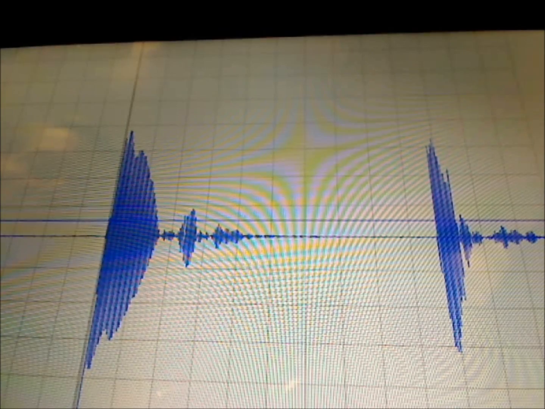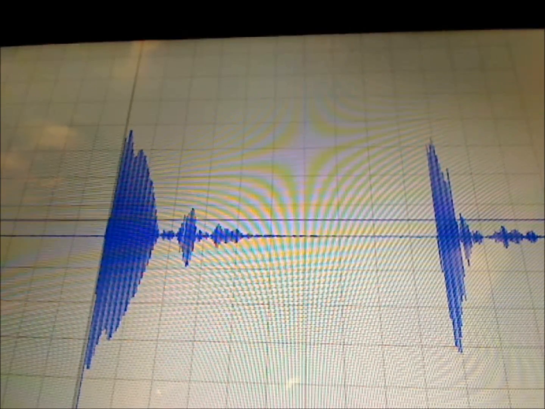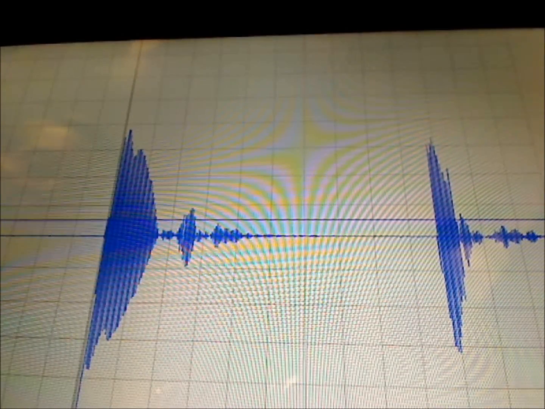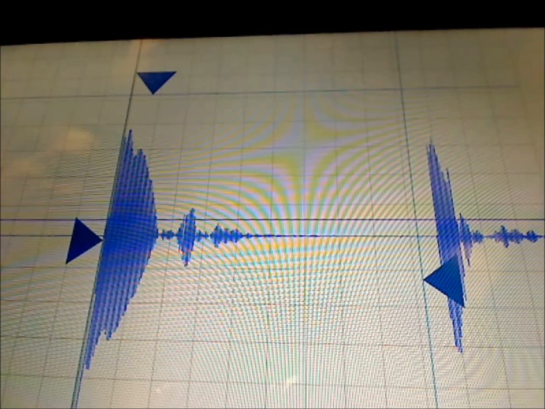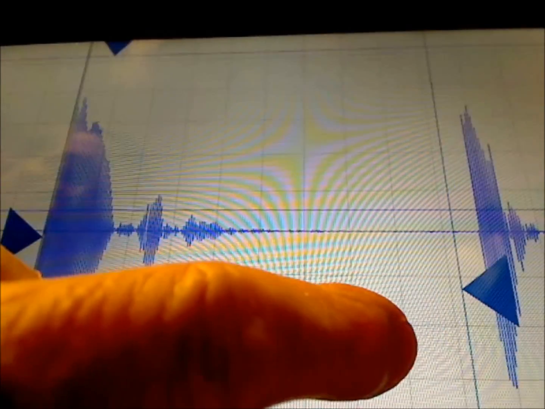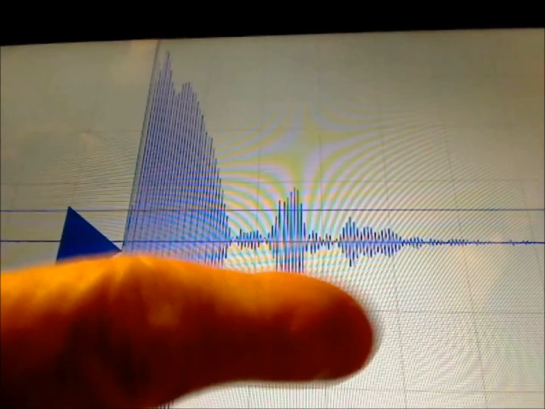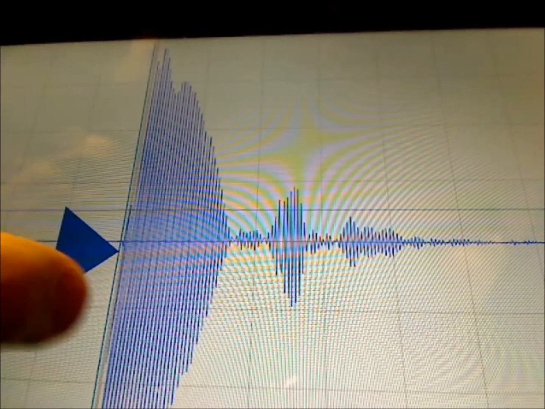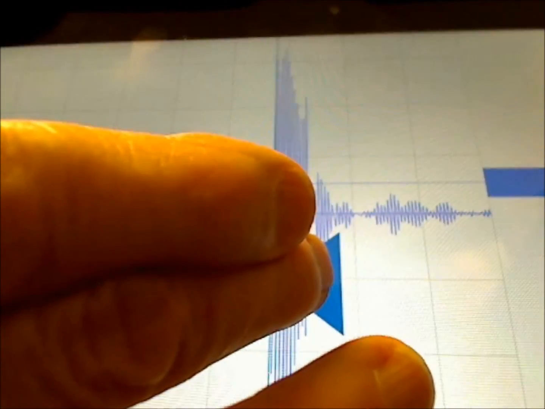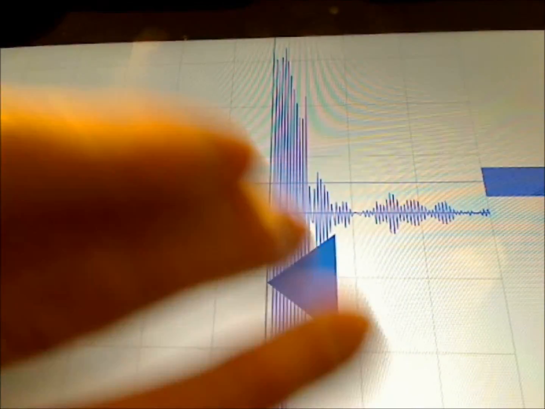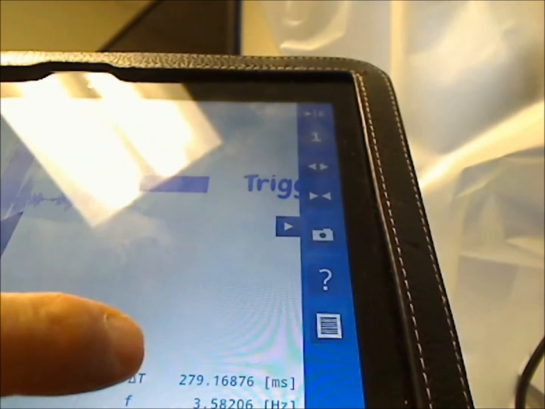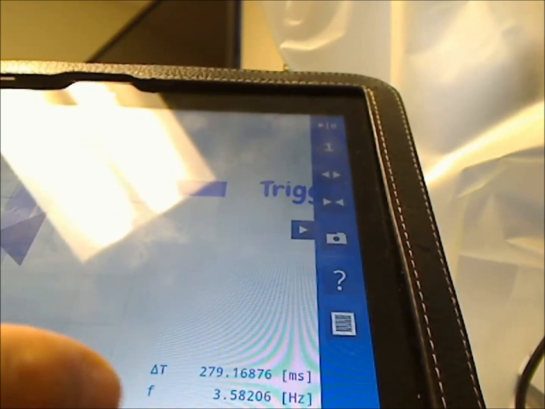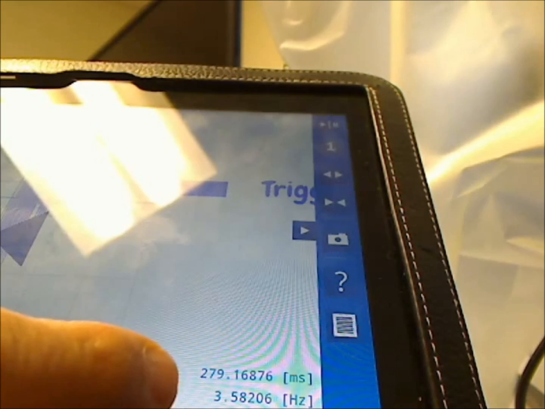As you can see, we picked up the ball passing through both photo gates, and by using the time measurement tool, and you can expand this to make it more accurate, and putting it at the beginning of each signal, then you can look down here in the corner and it will tell you that the elapsed time was 279